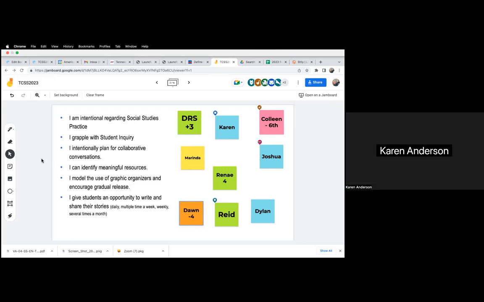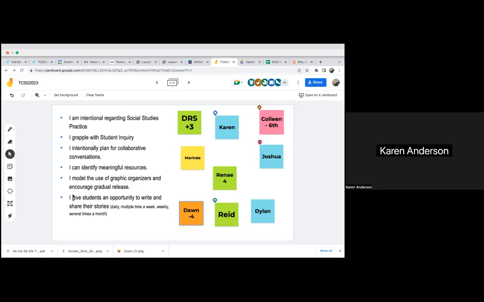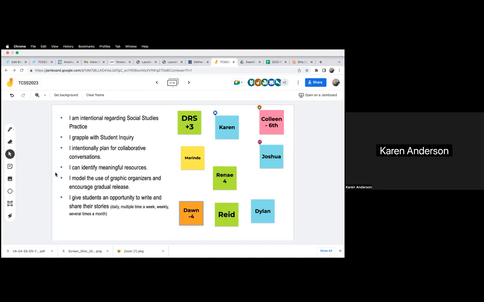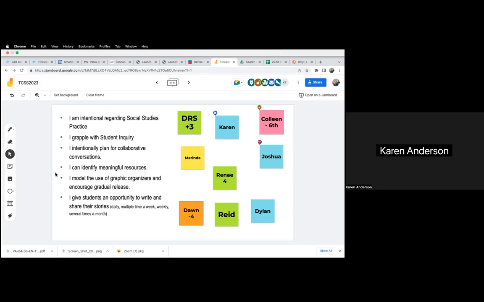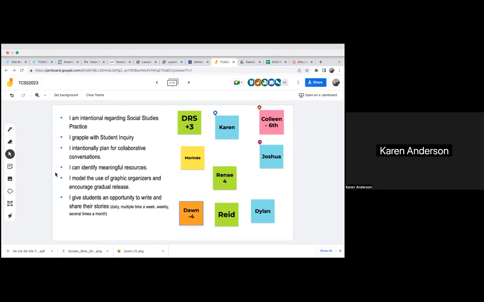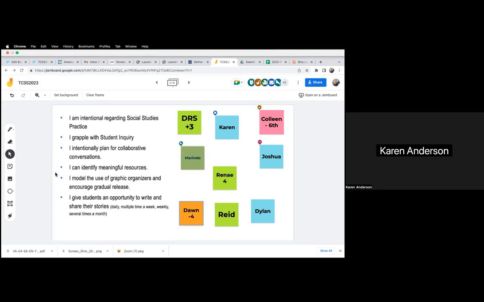Yes and no. In the beginning of the year, they have to learn how to make it collaborative and democratic. The problem is they like to talk too much. So we have to learn what true conversation is, and then how to work together to collaborate and share and build on other people's ideas. So yes, they came wanting to talk, but no, I had to train them how to make it a good,